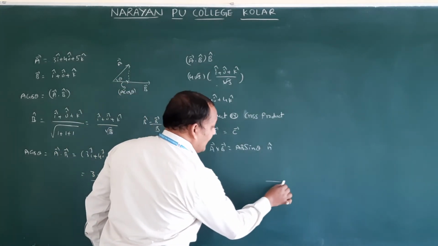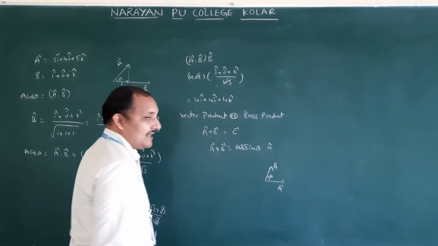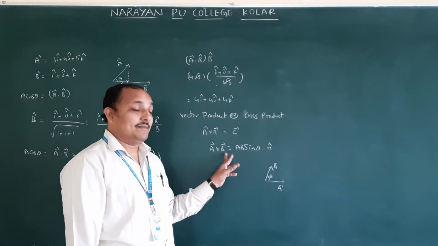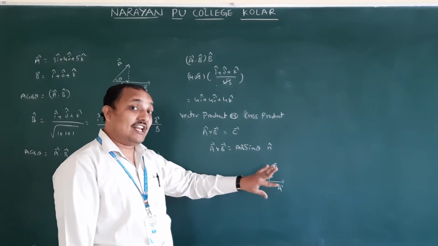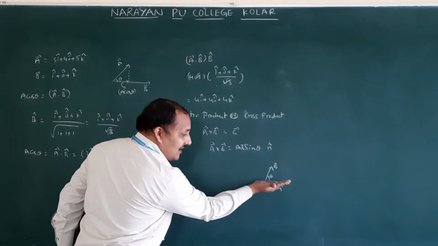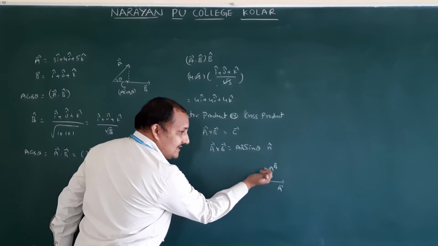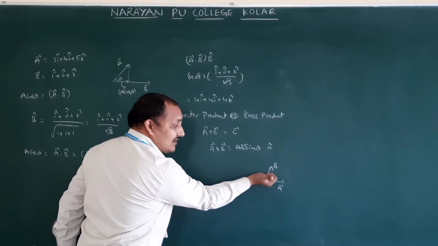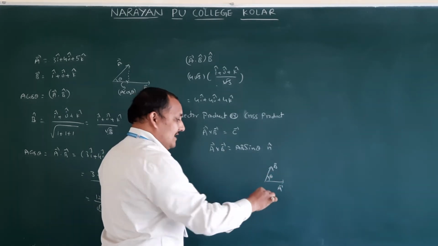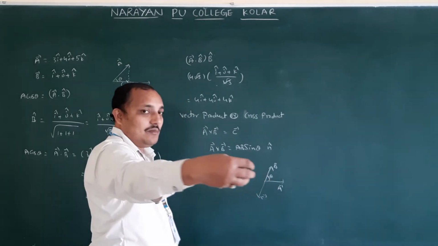Two vectors we have taken, this is a bar and this is b bar, and we make the summation. The resultant a bar plus b bar will give you one vector. What is the direction of that vector? If you are doing a bar cross b bar like this, the thumb is indicating the direction of c bar, so c bar will be like this. This is away from the board.